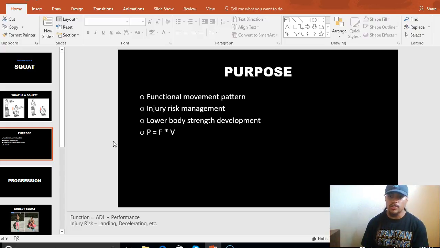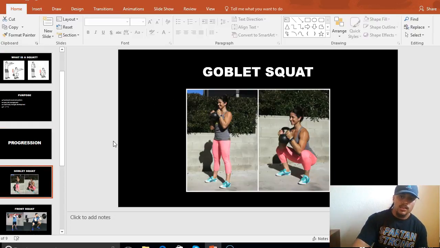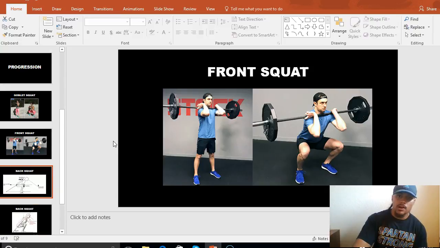And then strength development: we want to be able to get them stronger so that we can get them more powerful, so that we can send them to their sports coaches and they can express that power in their sporting activities. And then we talked a little bit about the goblet squat, the front squat,